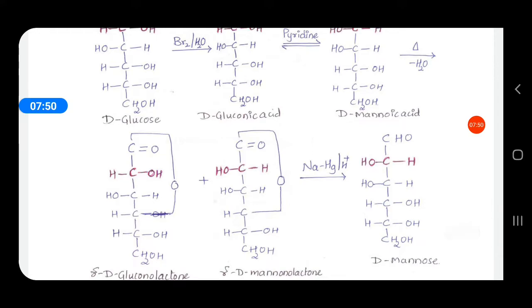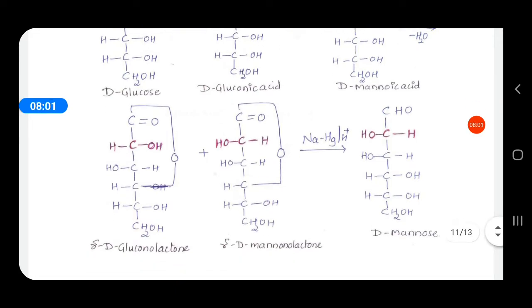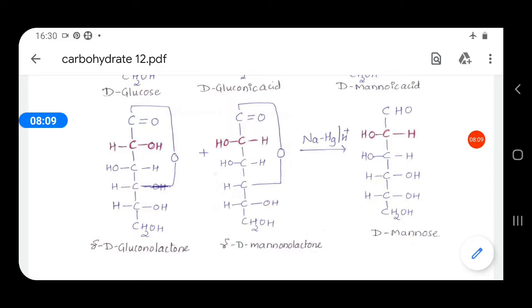These isomers, the aldonic acids, on heating give a lactone ring. Gamma lactone. In the last conversion also we discussed it, gamma lactone. So